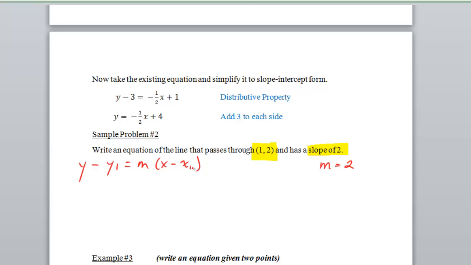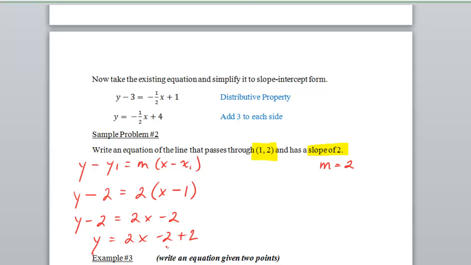Remember, one of the y's and one of the x's has to stay through to the final equation. So we're going to only input our information into the y1 and x1, and so I have y minus the y1, which in this case is 2, equals slope, which is also 2, times x minus x1, which is the 1. So I'm going to start this by distributing the 2. So I have 2x minus 2. And then finally, I'm going to add 2 to both sides, leaving me